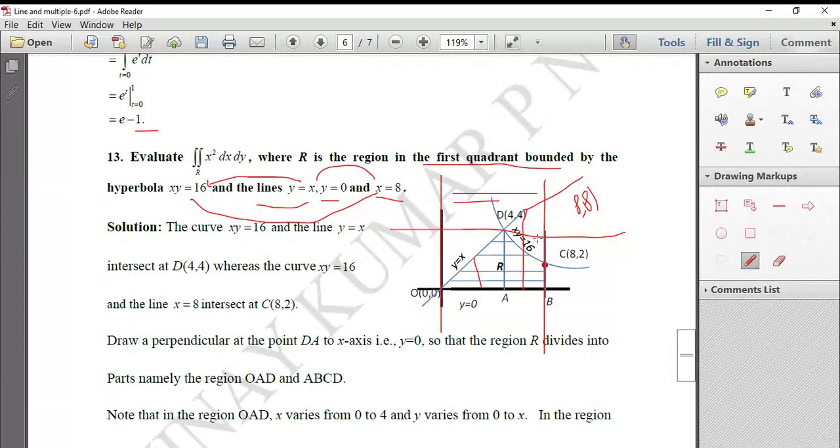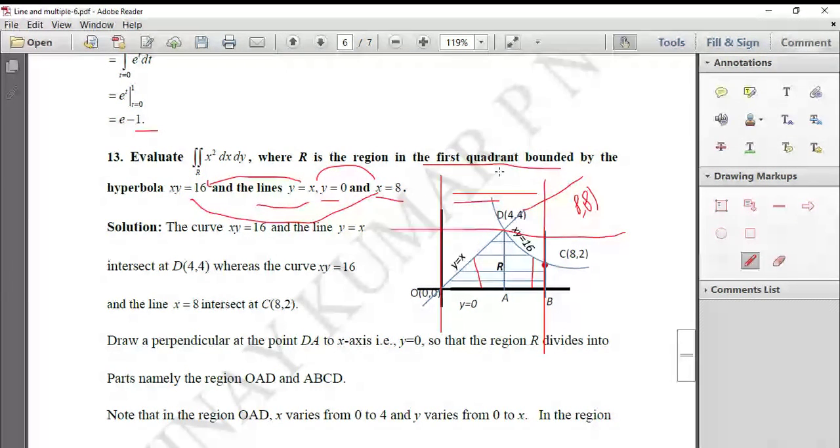So what to do? I have to restrict only up to this, where y satisfies y is equal to 16 by x, or xy is equal to 16. Only up to here I need. So I have to consider only this height, that is from y is equal to 0 to y is equal to 16 by x. So there are two different heights. That's why we split this double integral into two double integrals, and we'll find depending on two regions.